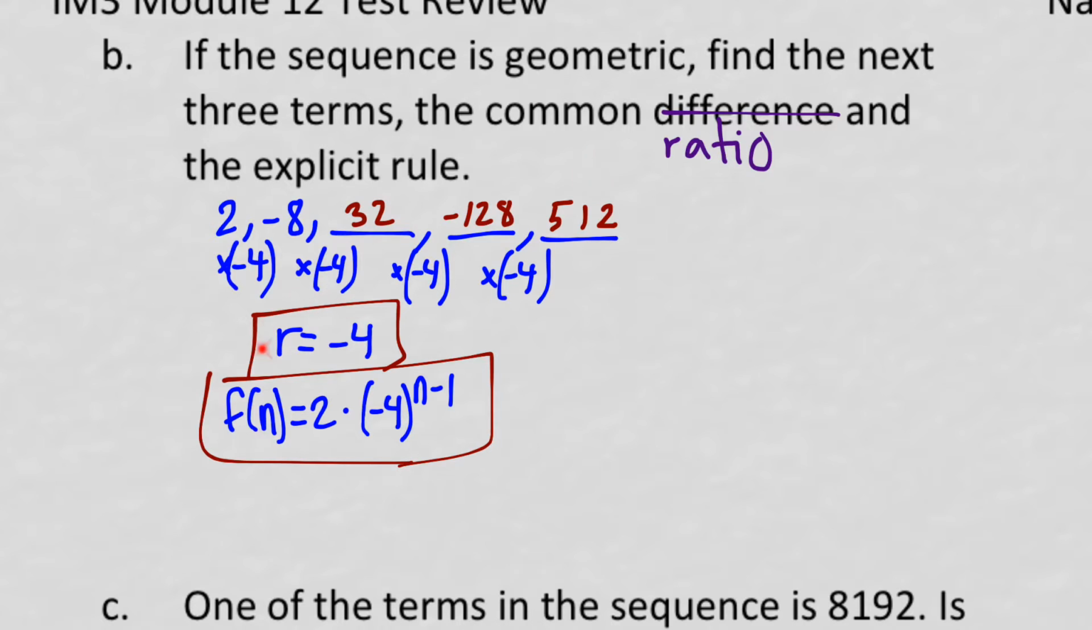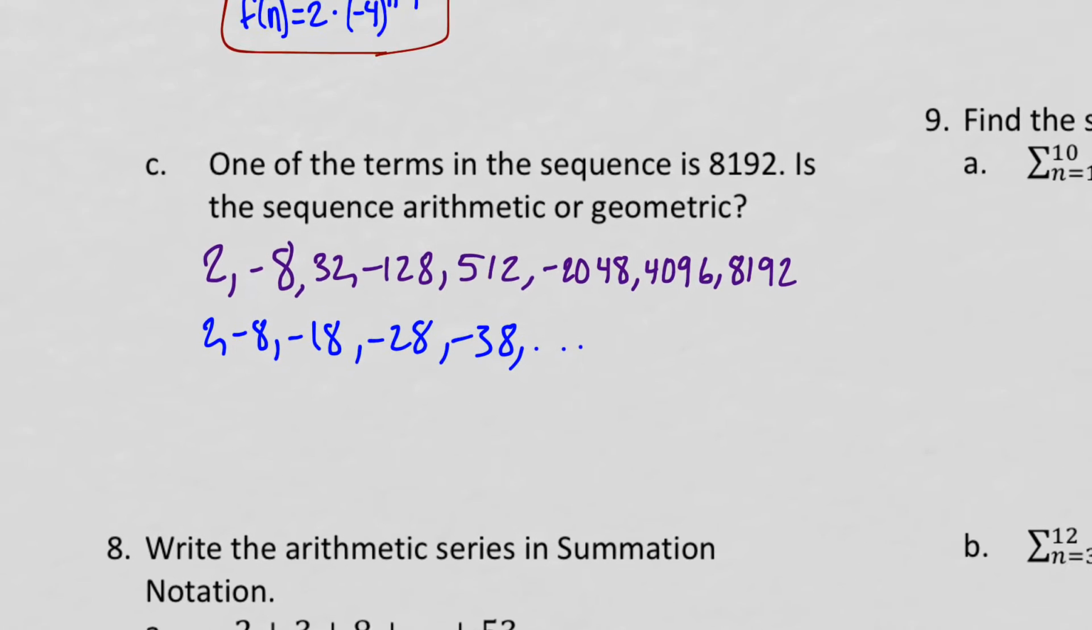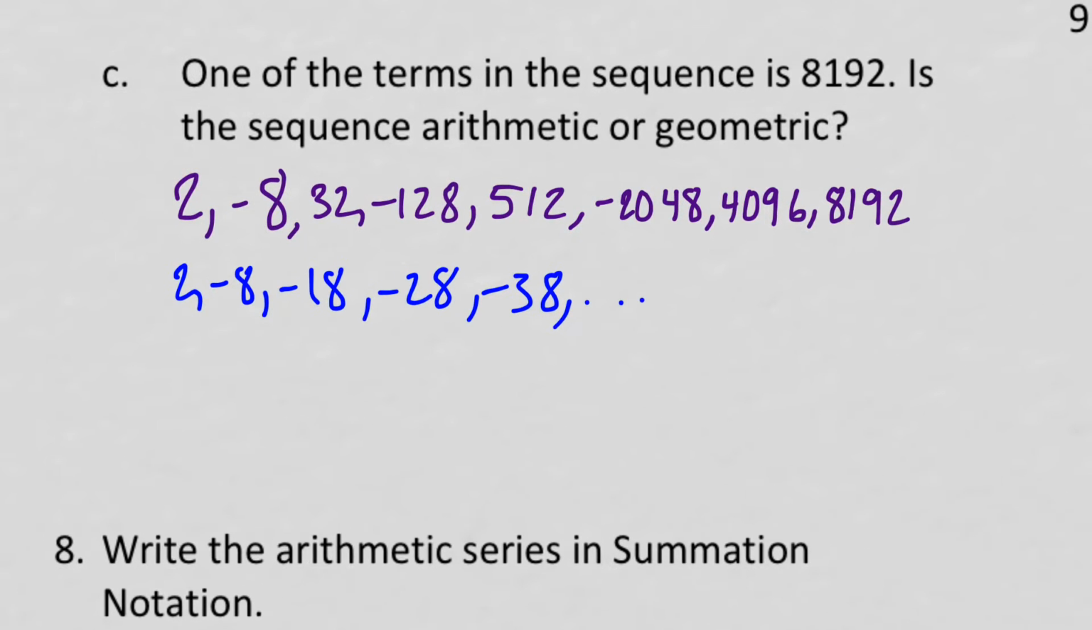So the common ratio is -4. And the explicit rule is f of n equals 2 times -4 to the power of n minus 1, because it's a times r to the power of n minus 1, once again because I'm calling this one the first term, position 1. Part C, it says that one of the terms in the sequence is 8192, so is it